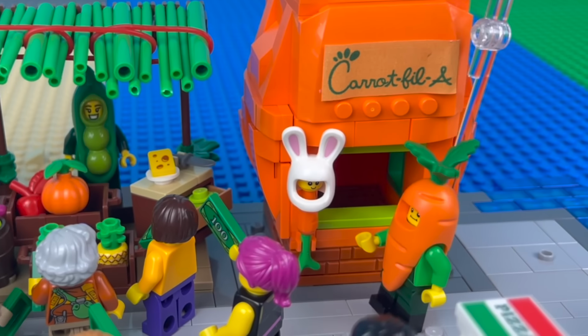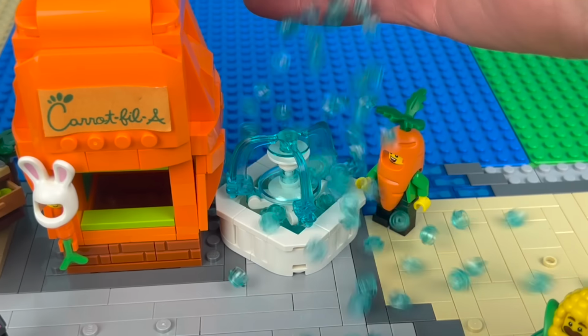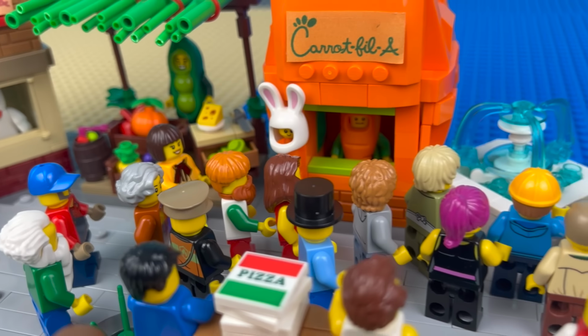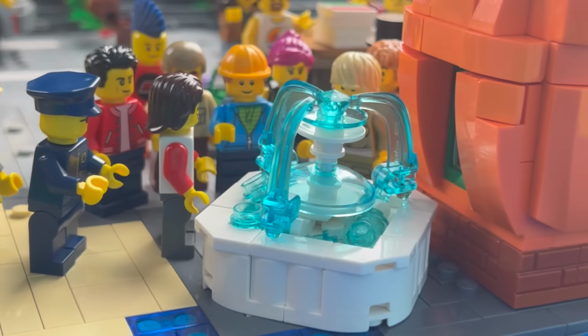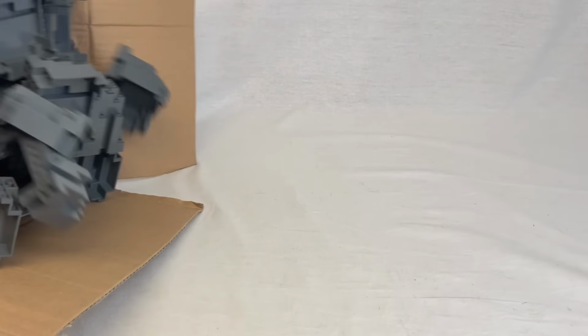What do you think? To make it stand a little more zen, Garrett added this relaxing fountain using clear blue studs for water. It actually brought in a huge crowd, but not to buy anything, they just wanted to watch the waterfall. Speaking of which, I've always wanted a waterfall in one of our cities, so I ordered a ton